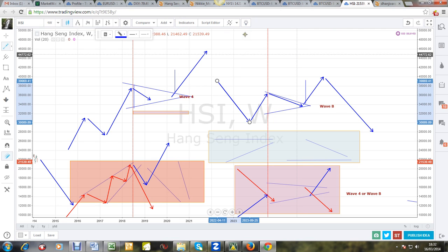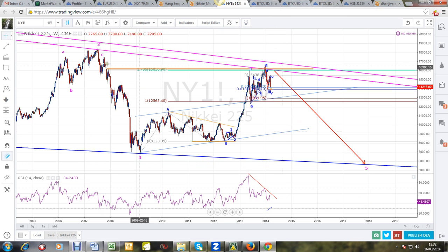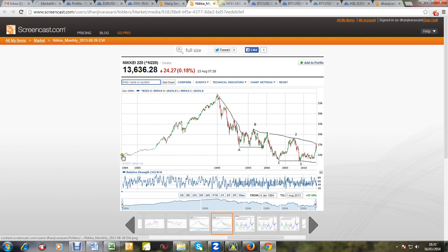Okay, so I will come to Bitcoin in a moment, but let me just show you historically what has happened. Now this is the Nikkei Index, and it's something that has happened recently. This is the Nikkei Index, and in the longer term, just so that you understand, as far as this particular chart is concerned, it takes me back to here, 1984. It's a chart that I took from the Yahoo Finance site on the 23rd of August 2013,